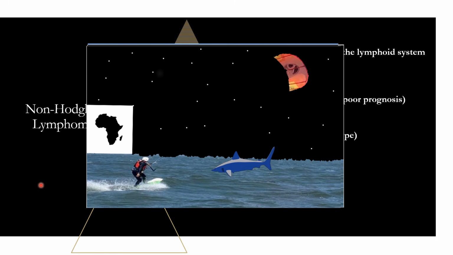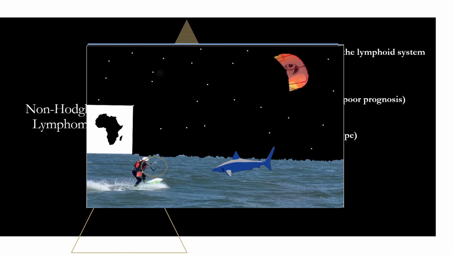Next thing. He is surfing off the coast of Africa. And if you know anything about Africa, you'll know that it's actually the most common place for shark attacks to occur. So it makes sense that Jaws is circling him. And that helps you remember your endemic African subtype of Burkitt lymphoma presents with the jaw malignancies as well as